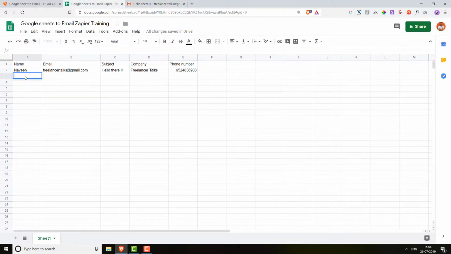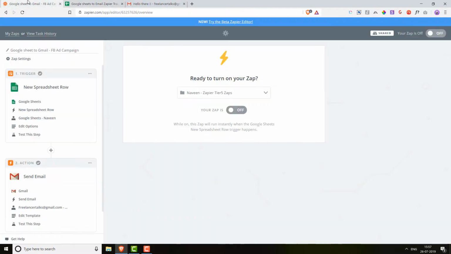So what you can do is, I'll say Kishore. For example's sake, I'll use the same email. Here, maybe digital marketing, the company will be AAPG kind of thing, and the number will be 1 2 3 4 5 6 7 8 9. So I've updated it. This is where one lead comes through FB ads to my Google Sheets, and from Google Sheets